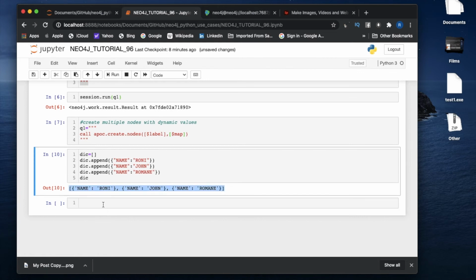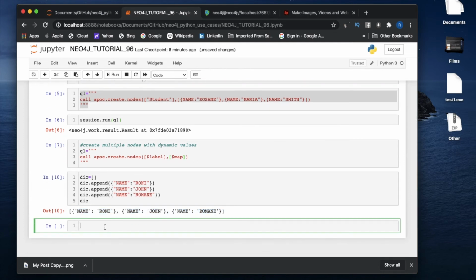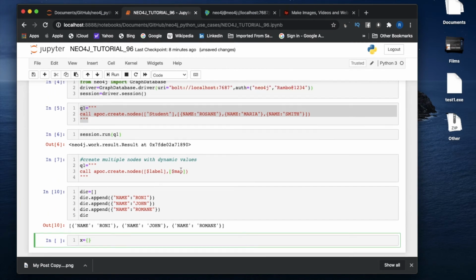Now I would like to create this data. I got this. Now I have to create a variable for x, and because I created this map over here, let me first write label. Label means this dollar label is equal to this dollar label.